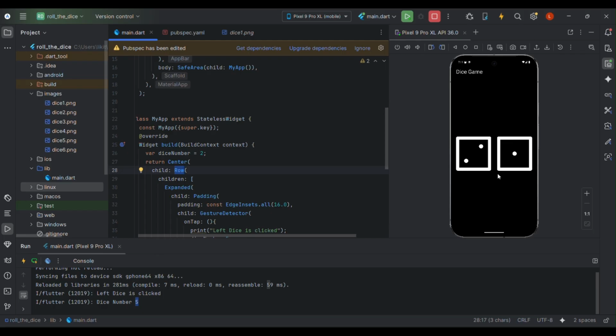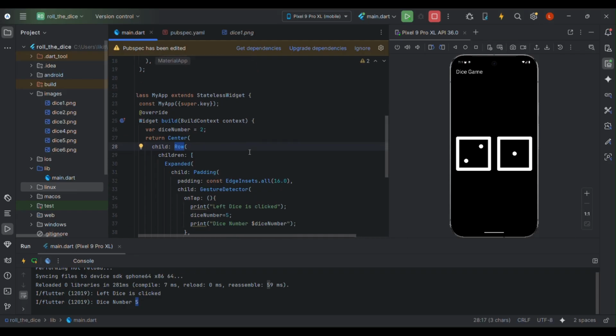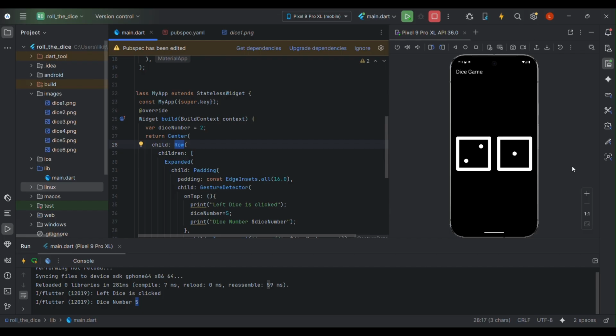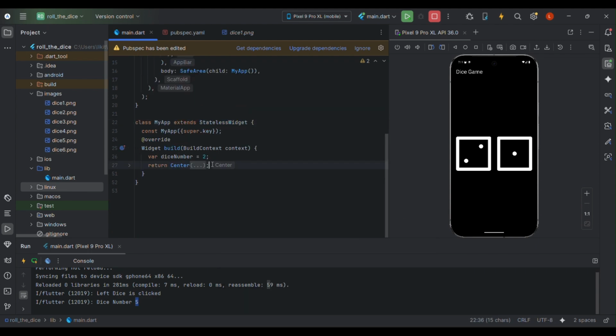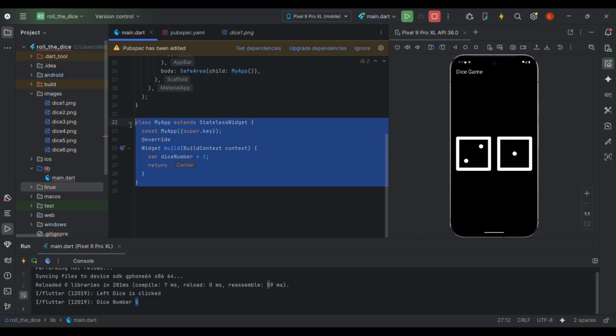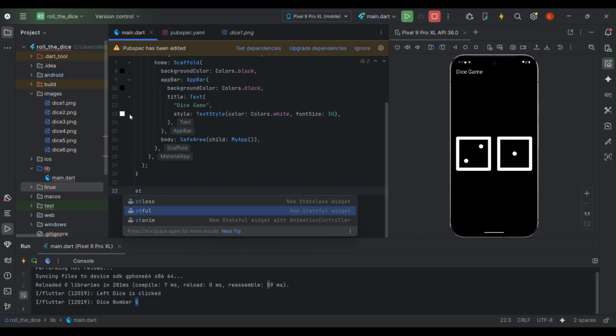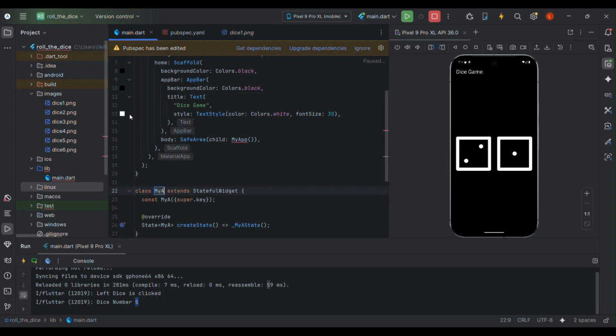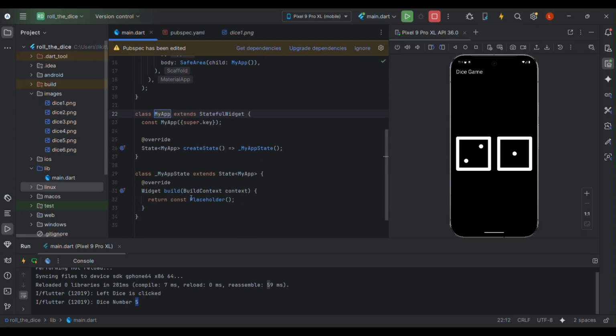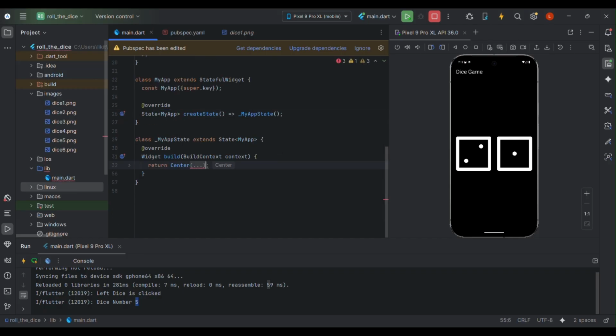We always make sure the stateless widget, whatever the things inside the stateless widget, it has to be static. So what do you think now? We have to keep that inside the stateful widget. If you want to change the images, we want to place that inside stateful, not a stateless. So just remove the whole thing here and now write a stateful widget, name the same as my app, and just replace the placeholder with this, and